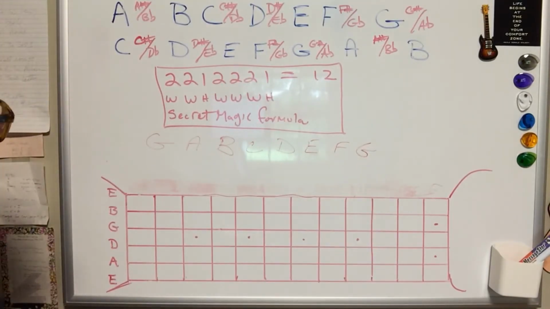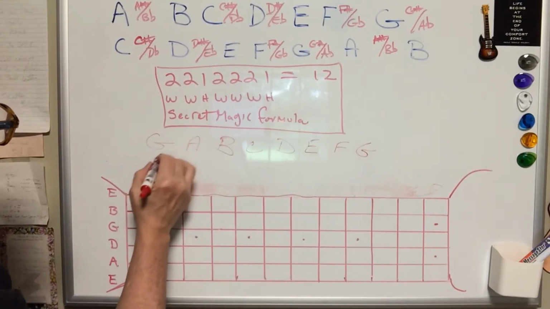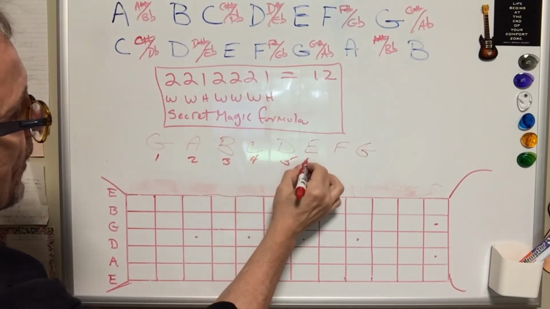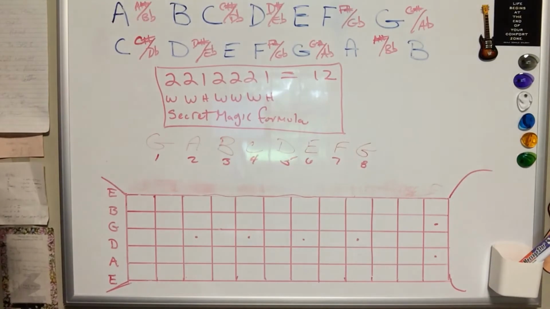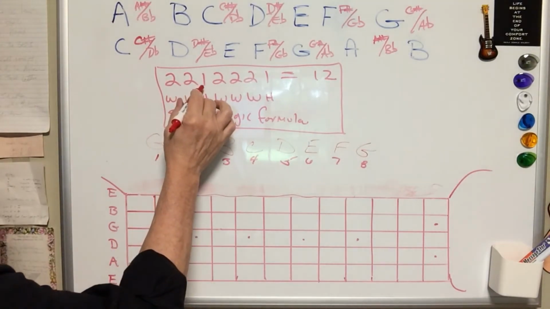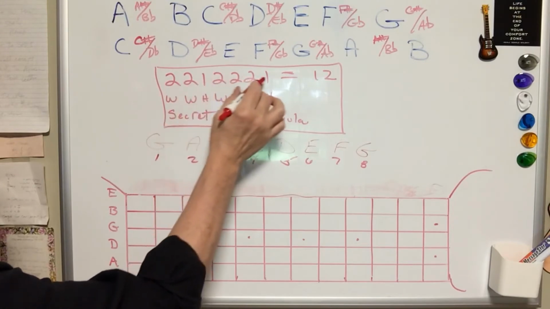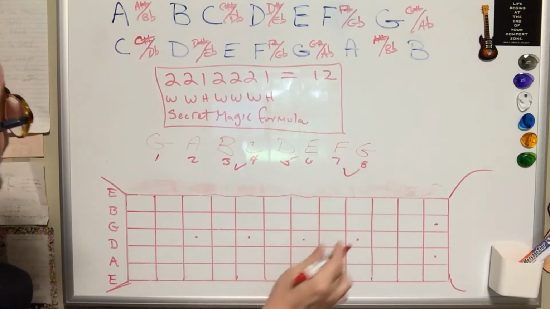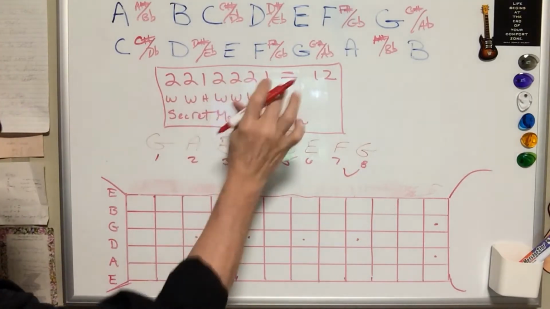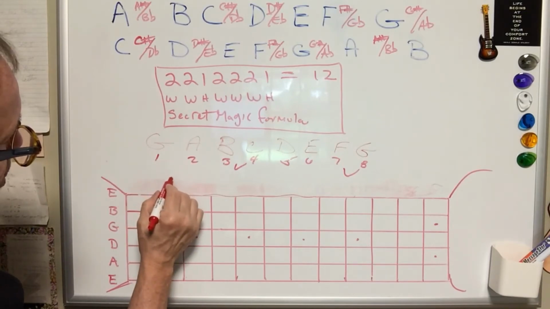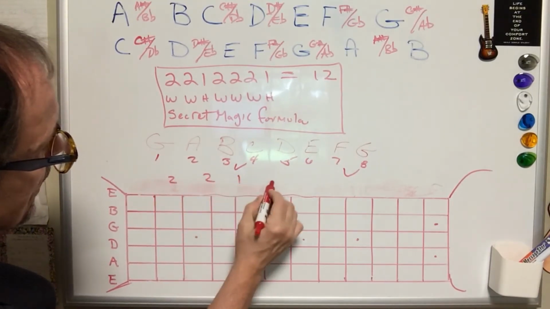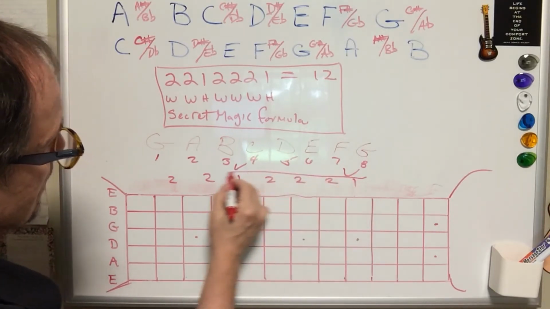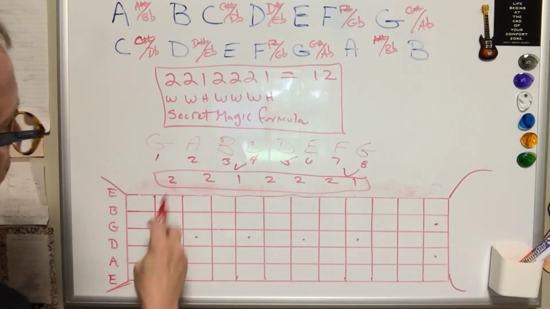Second thing you do is you write 1, 2, 3, 4, 5, 6, 7, 8 underneath each one of these. We have a half step between this and this, so that's going to correlate to a half step between 3 and 4 and 7 and 8. Because our formula now falls right here. We have a 2, 2, 1, 2, 2, 2, 1. This is our formula right there. Falls right in between these